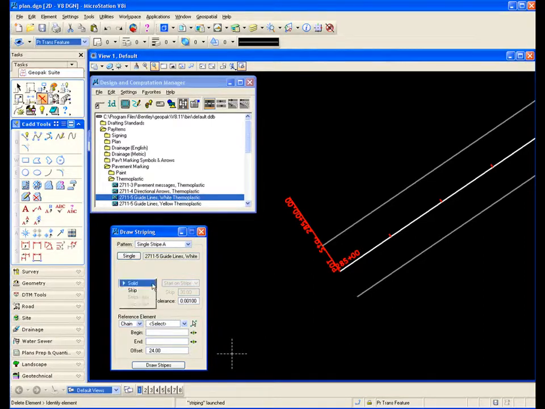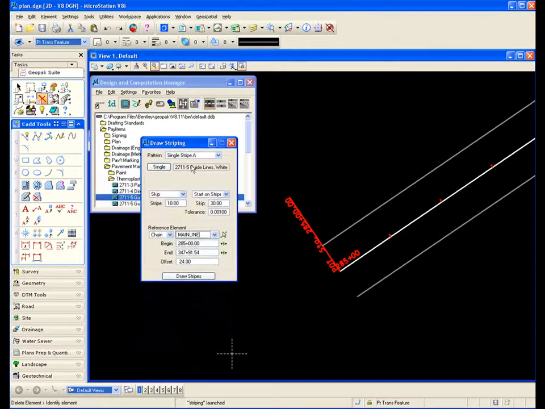Do I want this as a solid or a skip? Well, I want this as a skip. Do I want to start on the stripe or on the skip? I want to start on the stripe. The stripe is 10 feet standard, and the skip is normally 30 feet. So the chain that I want to use the information from this chain, so I'm going to pick main line, beginning and ending station, and the first